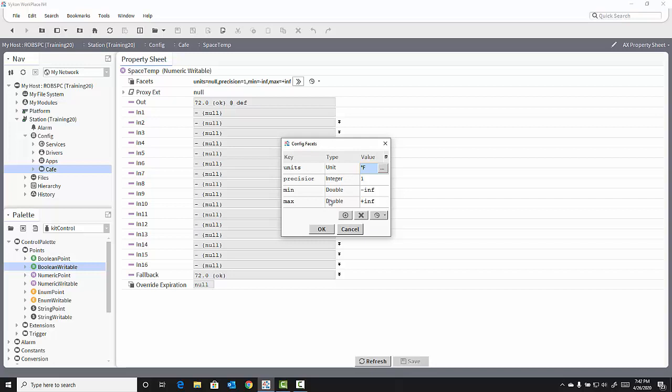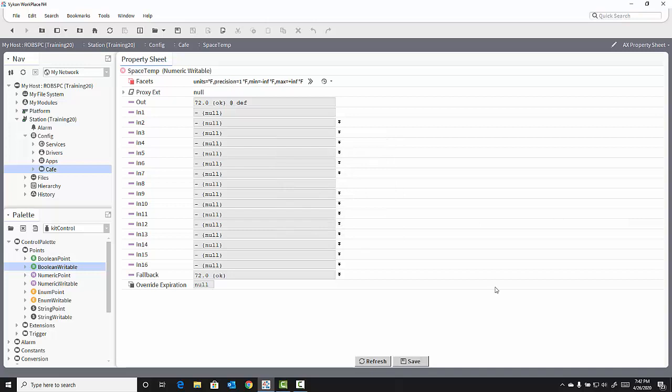Another property of the facets is the precision, which is how many decimal places I want to display for this numeric object. In this case, 1 decimal place for space temperature is fine, so I'll leave it at the default of 1. I also have the ability to put in a minimum and maximum value. The defaults are minimum, infinity, and maximum infinity. I will save my changes,